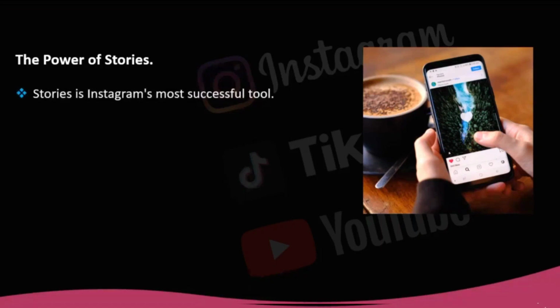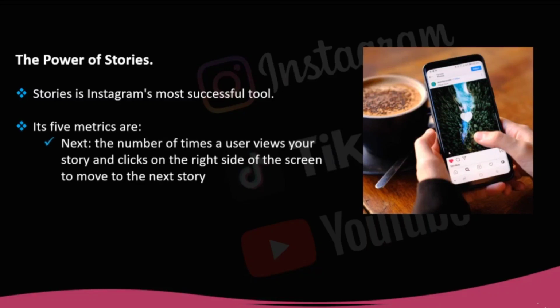The power of stories. Stories is Instagram's most successful tool since it came out into the world. It also has metrics that can help you know if the stories you share are appealing and being well received by your fans. So, its 5 metrics are: